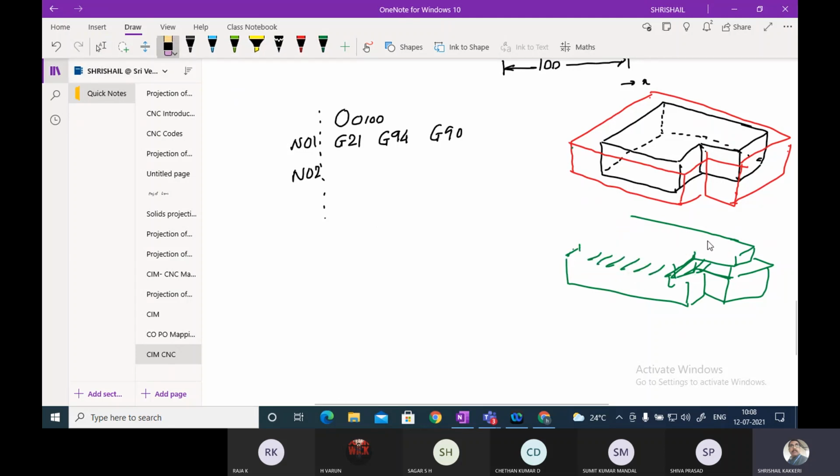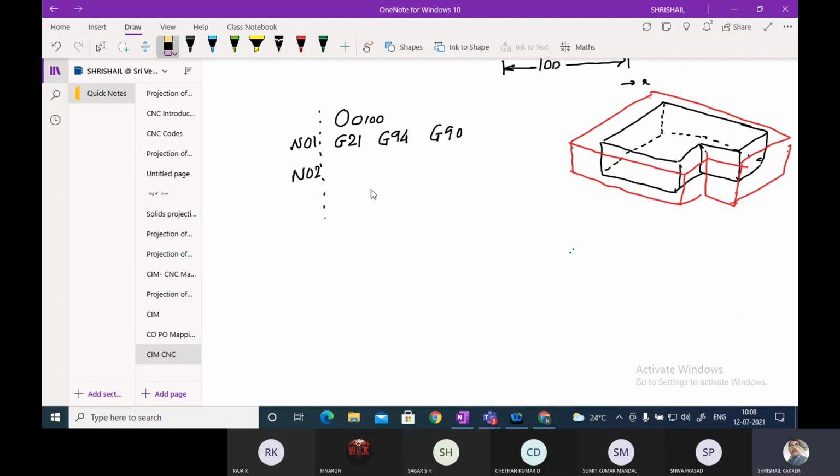So for this, where should be the reference point? From this, it has to be started. So many times I cannot give this cycle. Once I give the program for this particular profile, by taking 1 mm incremental depth, the entire thing should be completed. Correct? No? So what I am doing, I am going to use the reference point.